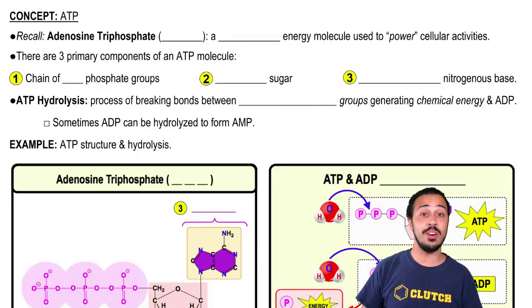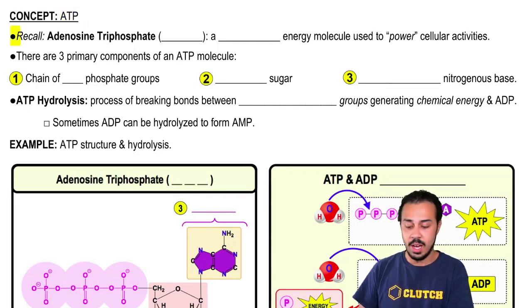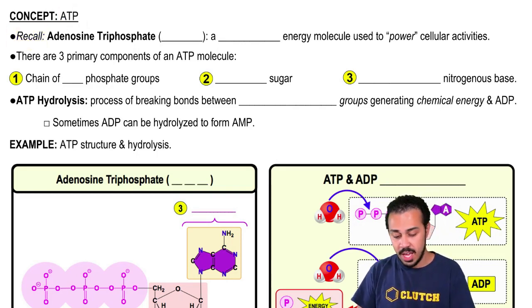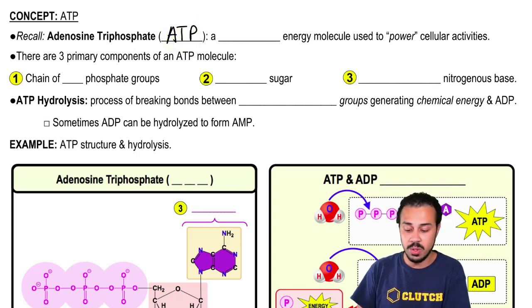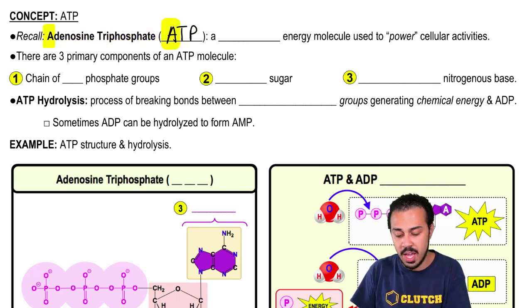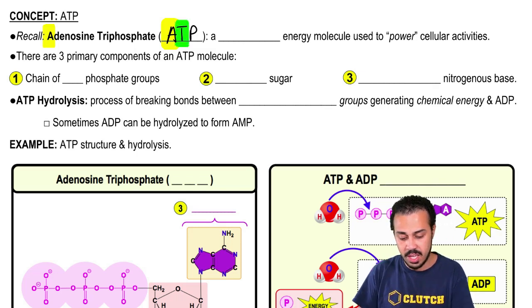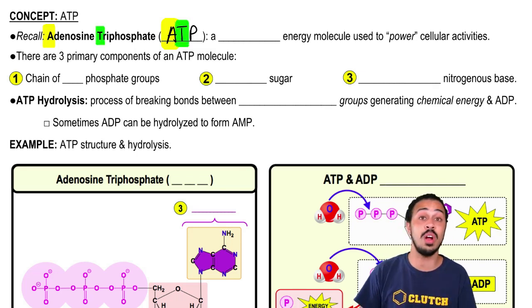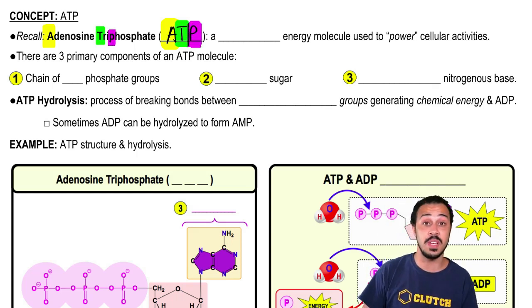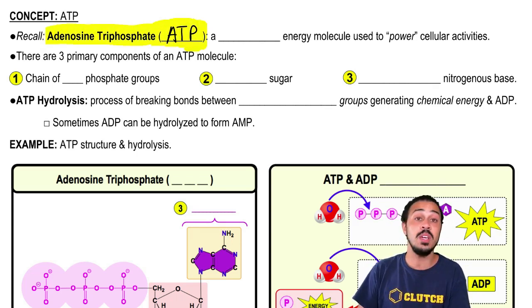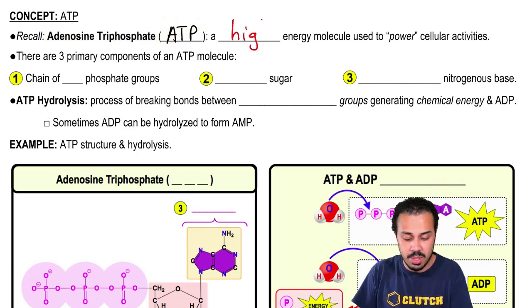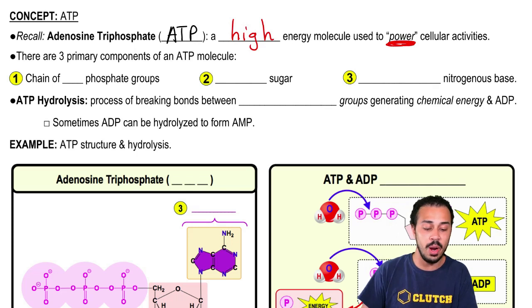In this video, we're going to begin our lesson on ATP. Now, recall from our previous lesson videos that ATP is really just an abbreviation for a molecule called adenosine triphosphate, where the A in ATP is for the A in adenosine, the T in ATP is for the T in tri, and the P in ATP is for the P in phosphate. And so adenosine triphosphate, or ATP, is a high energy molecule that's used to power cellular